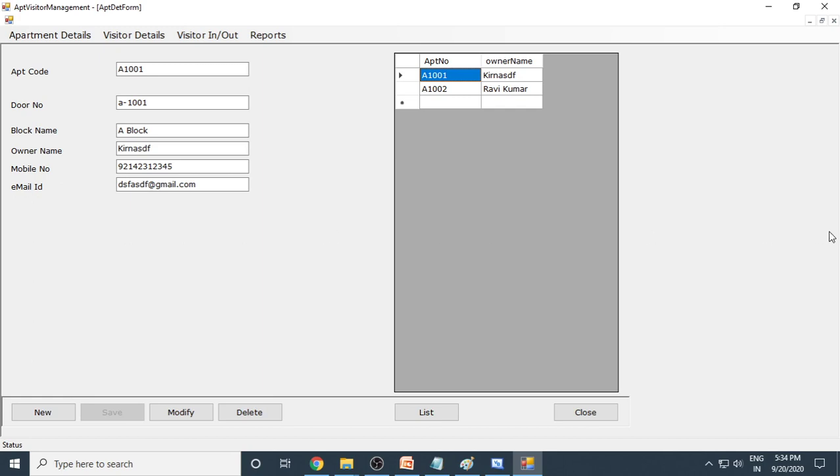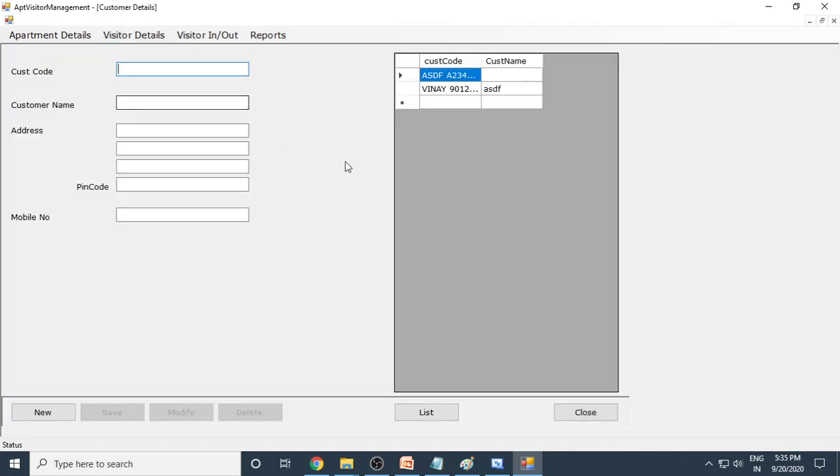And we are using only gray color as a background, but you can always change the color. You just have to go to form, then properties, there is a back color. There you need to change the color, whatever color you want. You can also put images. If you go to form properties and then image, there you add an image to the background. Then you have a colorful look. Fine. Next, visitor detail.